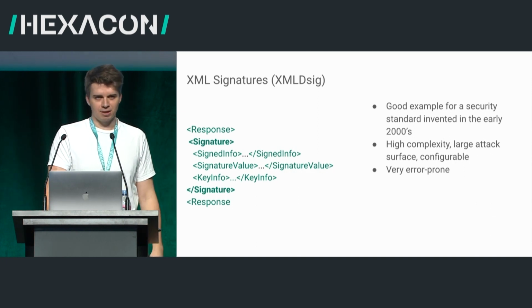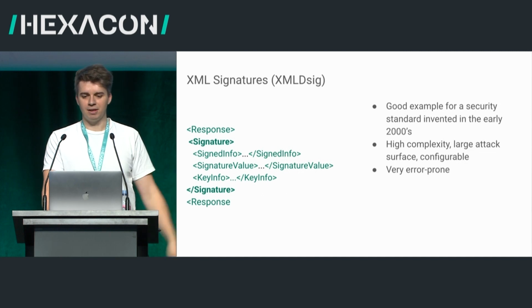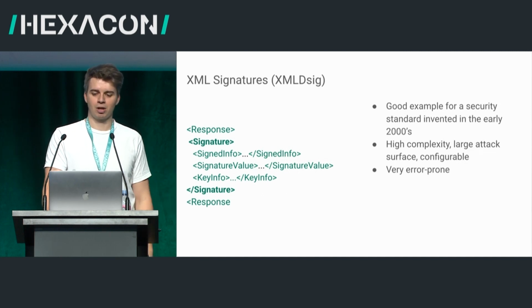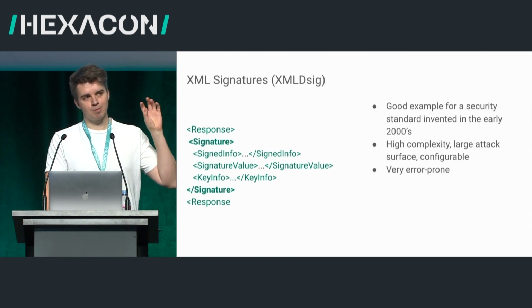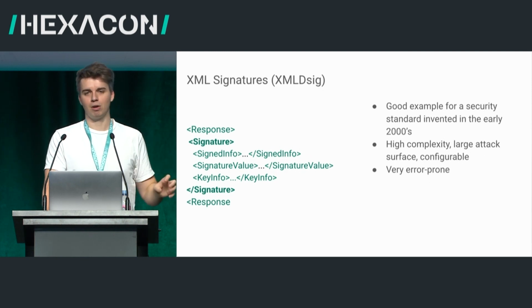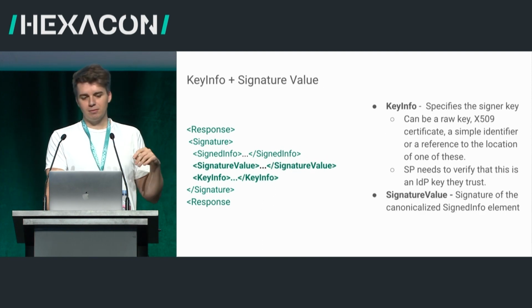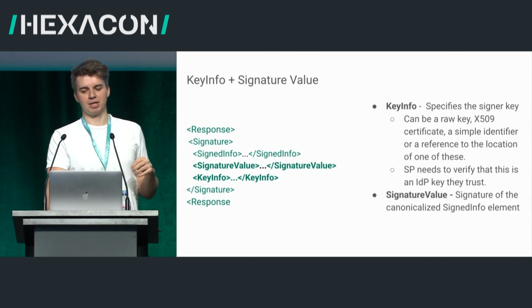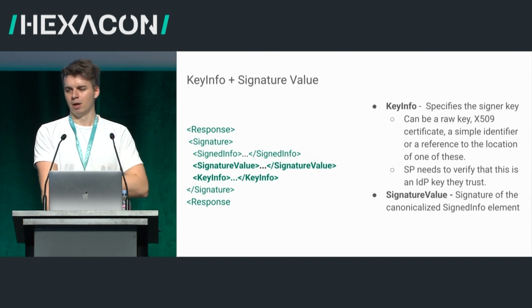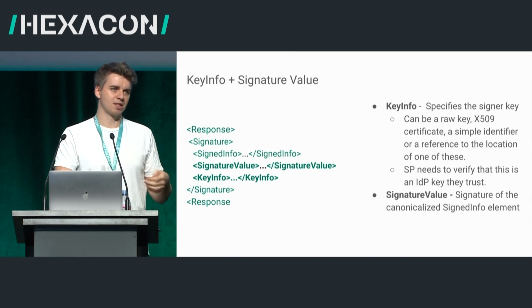So how do XML signatures work? The standard defines a new XML element called signature, and for a normal SAML response, you would normally insert that as part of the response element or the assertion child element I mentioned earlier. The signature element then has three sub-elements: a key info, which describes the signer key,